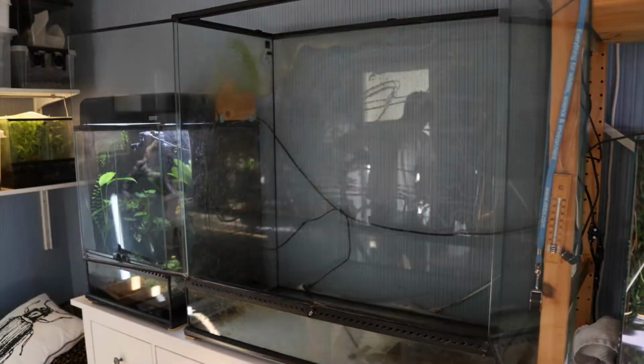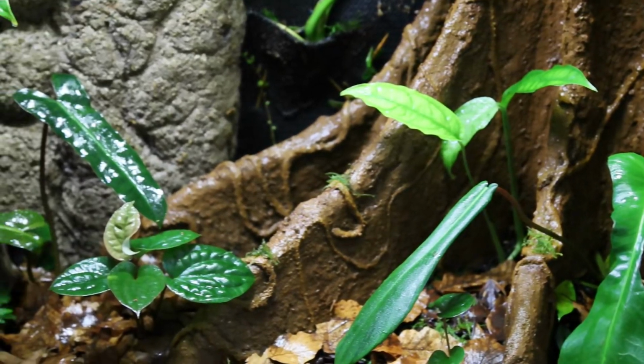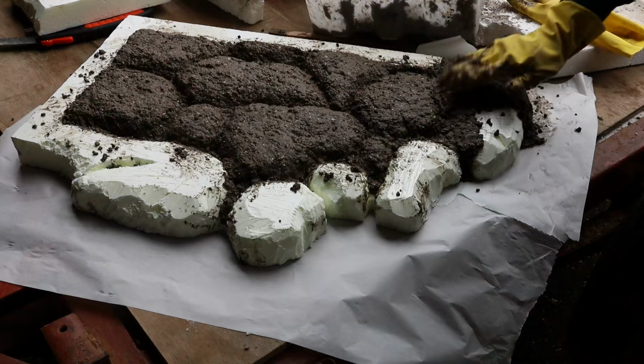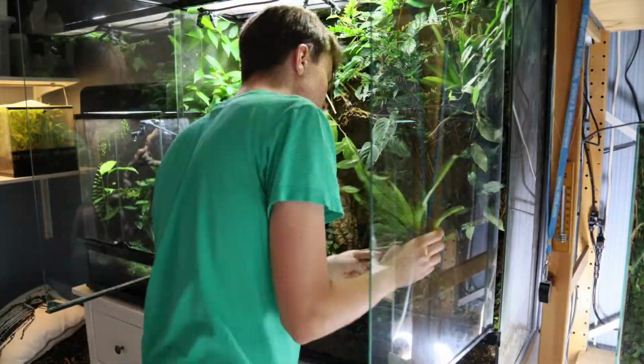Today, it's finally time to turn this empty glass enclosure into an epic slice of jungle for some poison dart frogs. Everything you have seen on this channel for the past few weeks has been leading up to this moment. This is episode 4 of my series Vivarium Rebirth, where I'm dismantling and rebuilding my biggest vivarium to take it